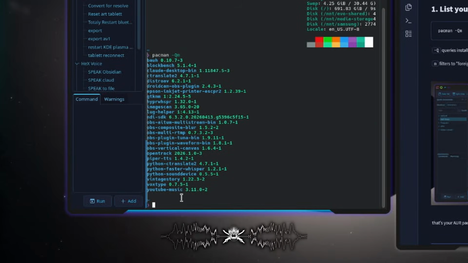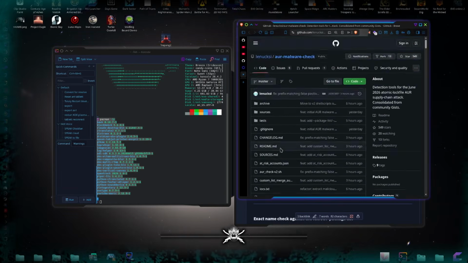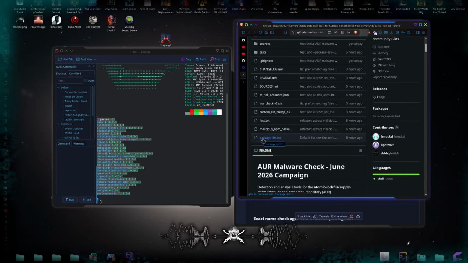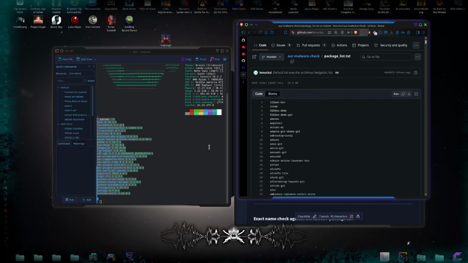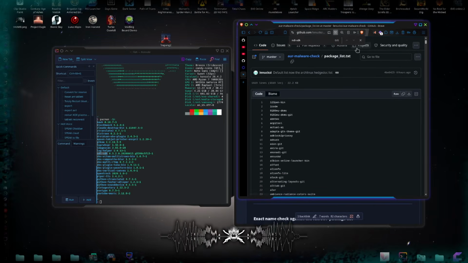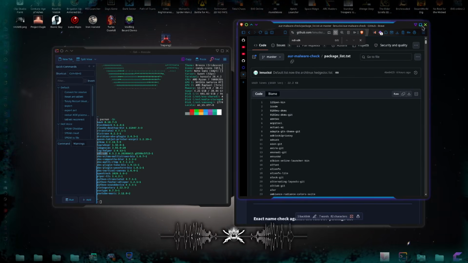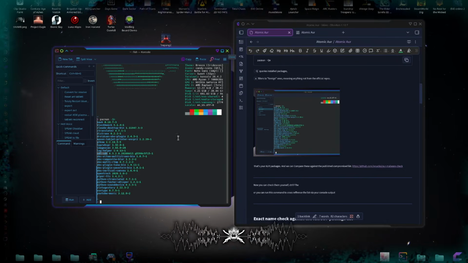And as you can see, I have a few here. From this list, you can cross-reference it to what you see here on their GitHub. So, if you wanted to, you can just use your handy-dandy Control F, paste it in, and see if you find it. That's not there, and do it that way. However, that's going to take a long time. So what we have here is another way that we can cross-reference it.